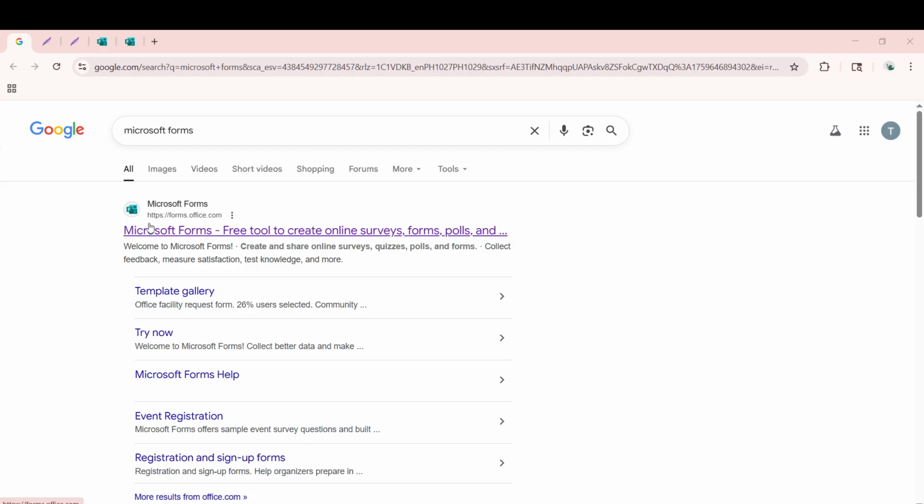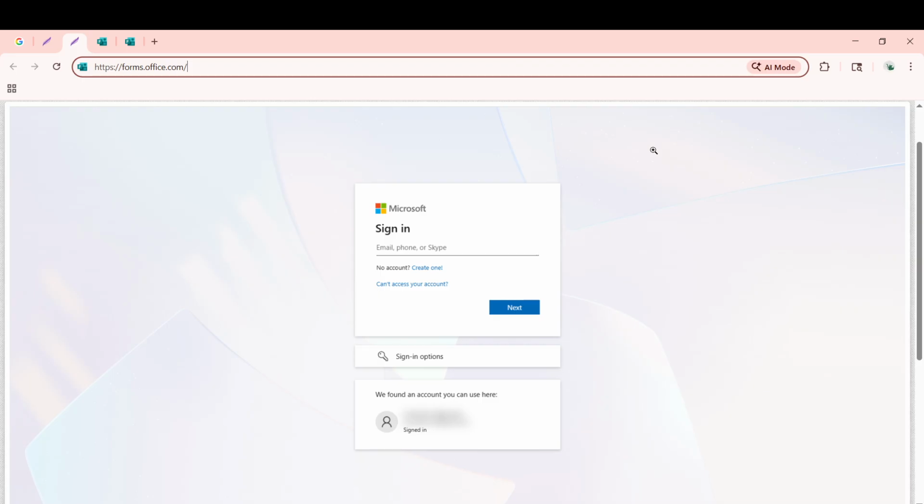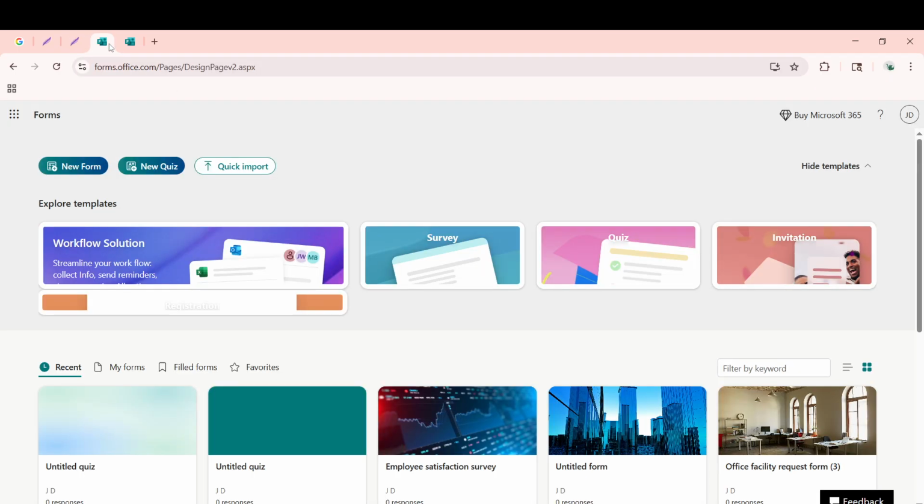Once you're on the Microsoft Forms homepage, the next step is to sign in. Use your Microsoft account credentials to log in. If you're already signed in, you'll be taken directly to the Forms dashboard, which neatly organizes all your existing forms for easy access. Now, locate the form for which you want to disable the Submit button and click on it